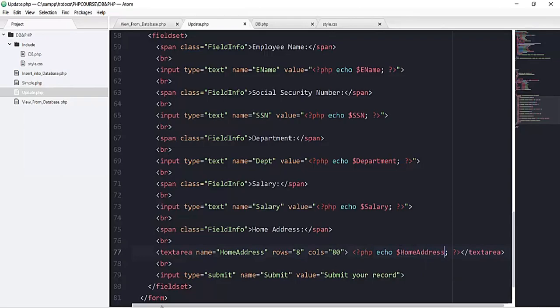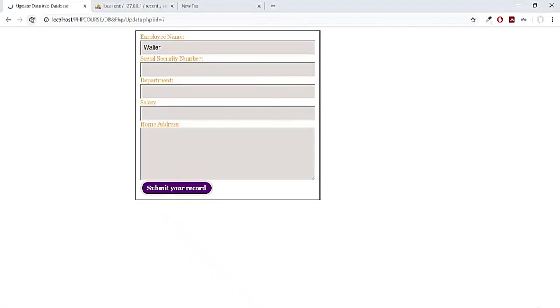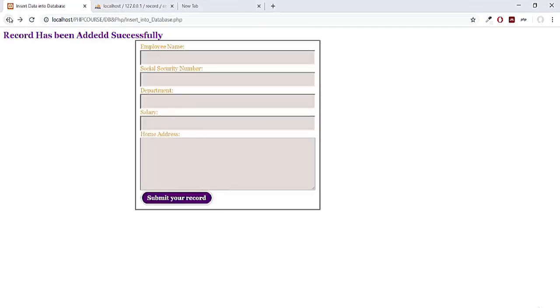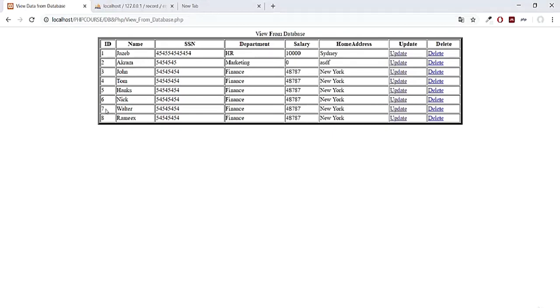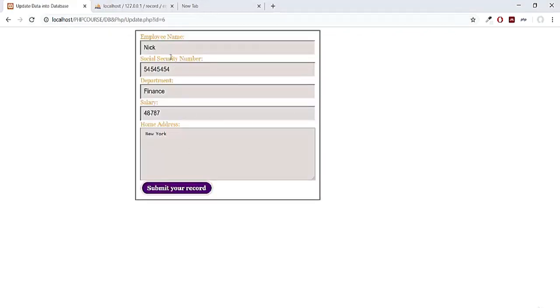So if I save this one, refresh my page, see, now we are fetching all the data. So if I go to some other pages, for example, if I go to my page of this data of 6 Nick Walter update, you can see this is the data of Nick.